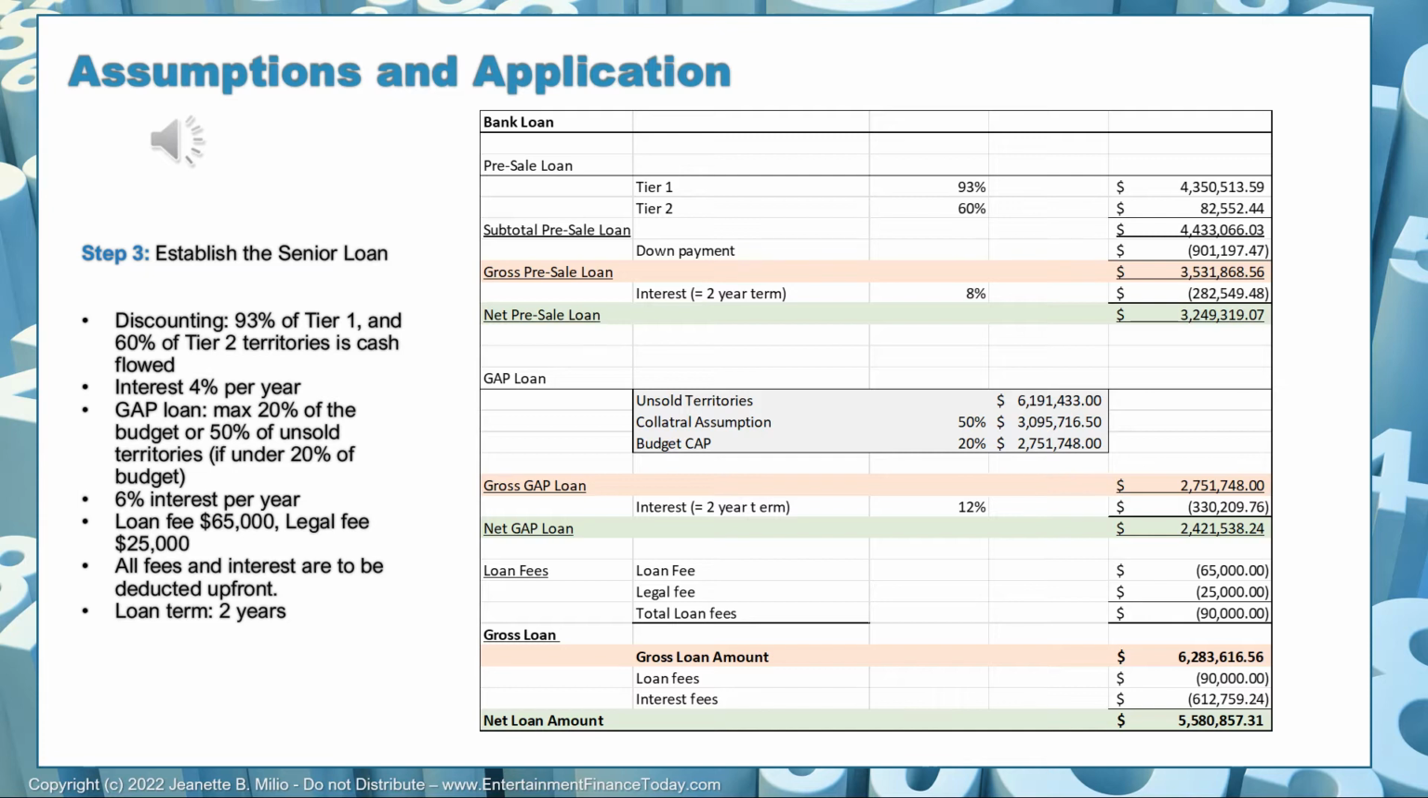Now the assumptions are also talking about loan fees and legal fees and some other fees that we have here. In this case, altogether we have $90,000 worth of additional loan fees, which we have to deduct from the gross loan amount, which leaves us with $5,580,857.31 for the loan from the senior lender, or the bank in that case, to be used to cover a